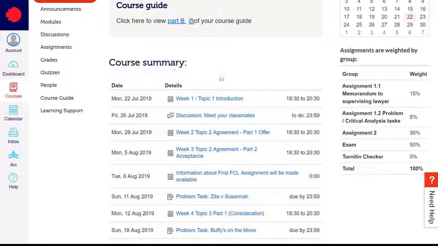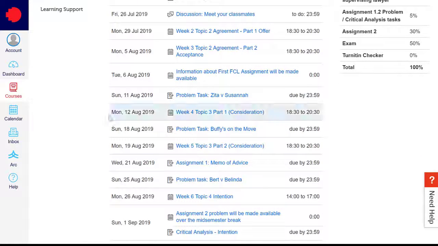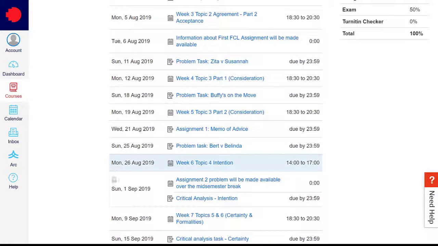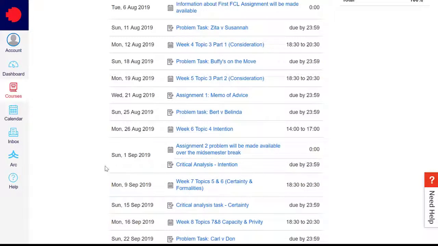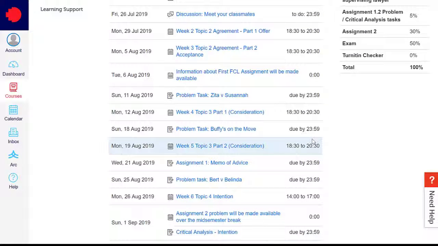Then you'll find this course summary page is really quite useful. You can just link down here, and day by day it will tell you the things that are due. Now, not everything here that is due is actually accessible. Some of these are very small tasks. I tend to work on the basis that more information is better than looking for information. So I've basically listed every possible thing that you might do, and in fact this list is going to get longer